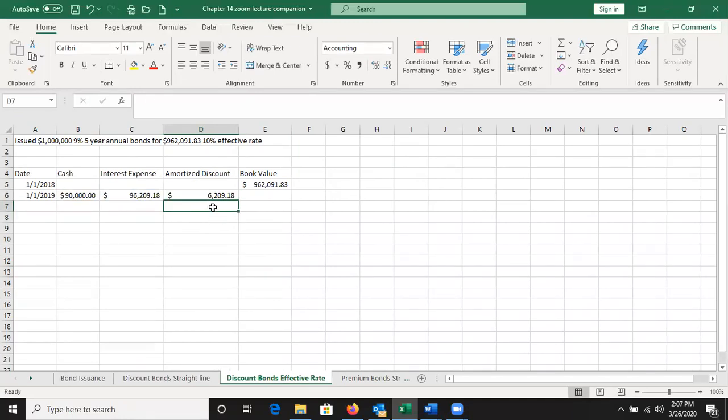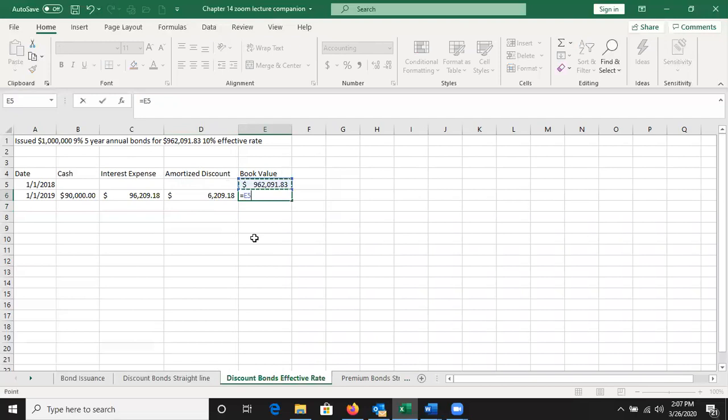So in this case, $6,209.18. And now the book value changes. So when you have a discount, you add the amortized discount to the previous year's book value. Our goal is, again, to bring the book value up to the face value. So after 5 years, if we do this right,